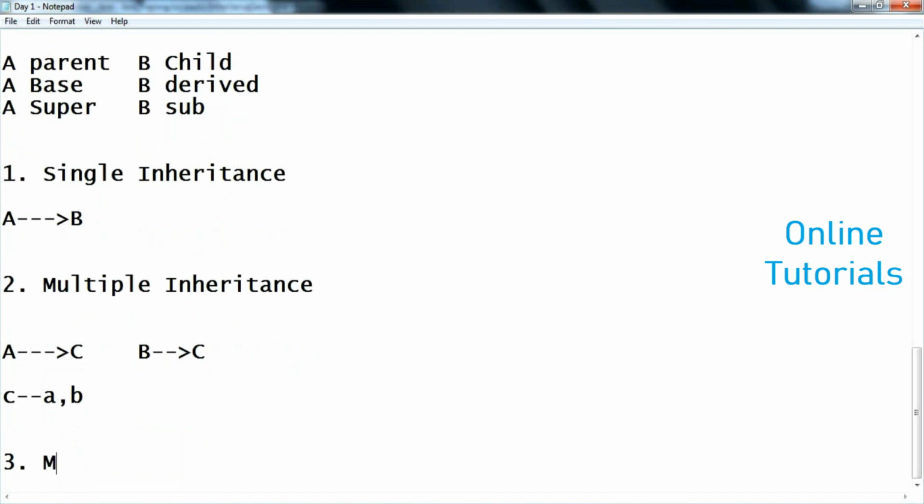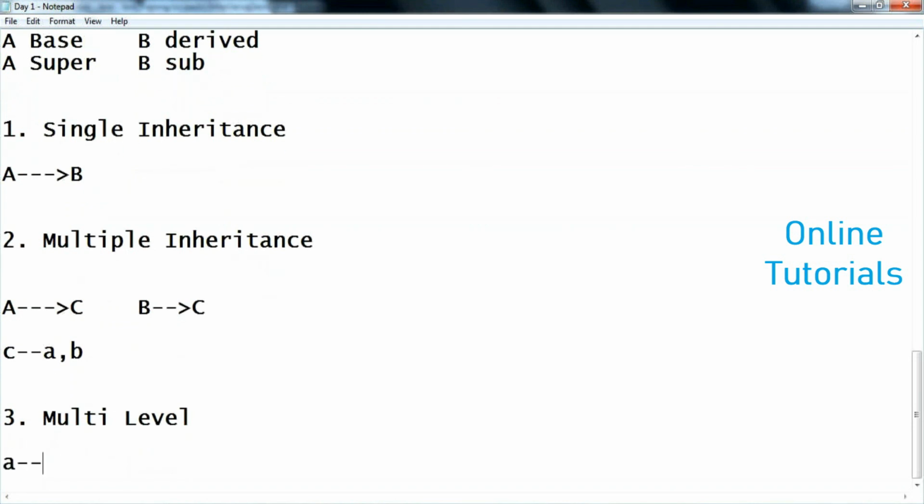multi-level. Multi-level inheritance. What is multi-level inheritance? Suppose there is a class A which is parent of B, and if you derive one more class C, which has the parent called B. See, this kind of inheritance is called multi-level. Class B extends A. Here A is the parent class, B is the child class. Class C extends B, means